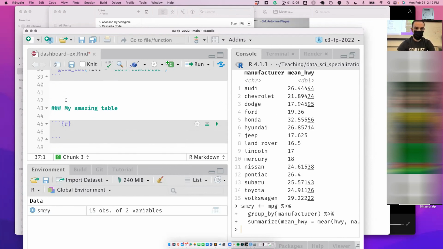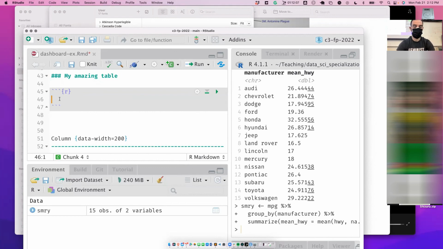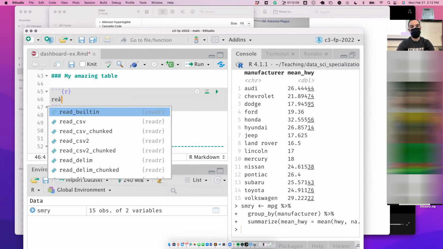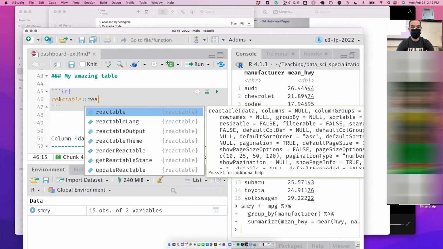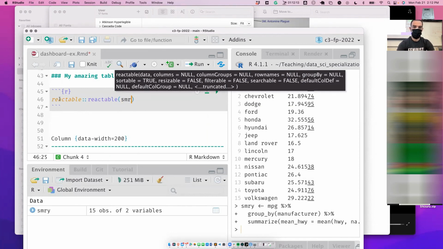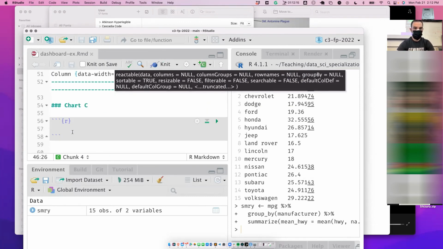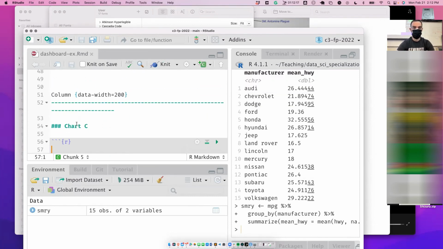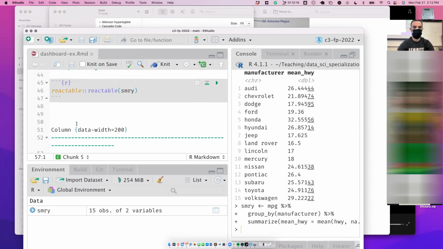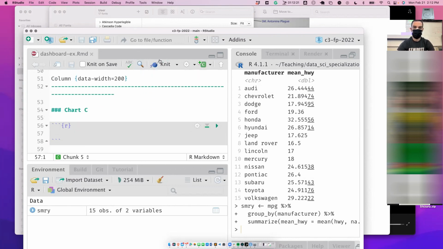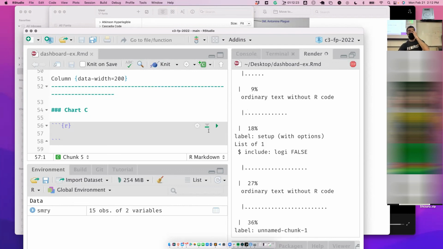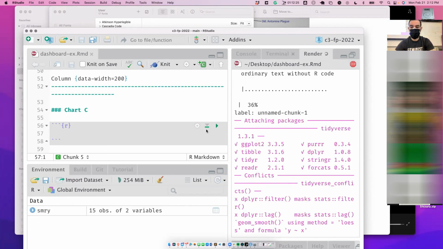Okay, and then that way I can put a table here. So I'll do reactable, which we're going to talk about later, and I'll do summary. Okay, and then last one, I'm just not going to do anything there for now. Yeah, I'll just keep it empty for now. Okay, so I do that,